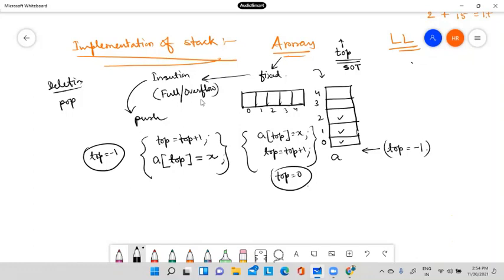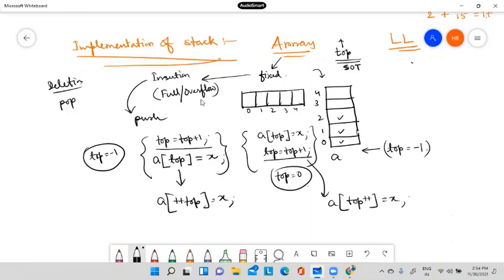Normally this is pre-increment of top and this is post-increment of top. So this can be rewritten like this also: ++top, and a[top++] with post-increment like this. So this is for the push operation if I want to insert any new element.